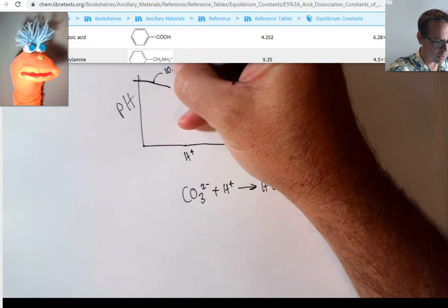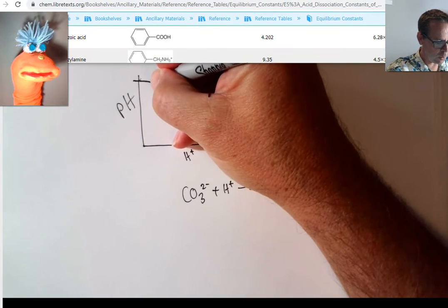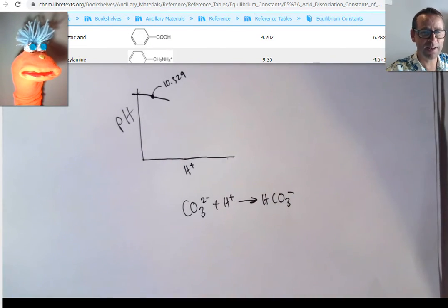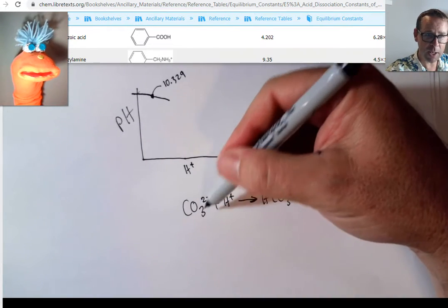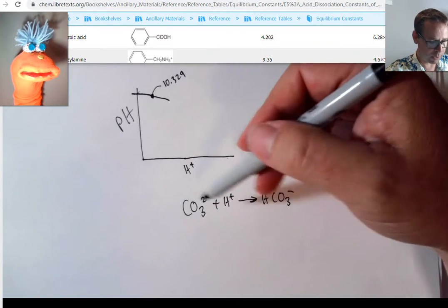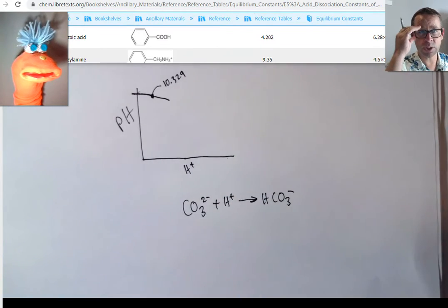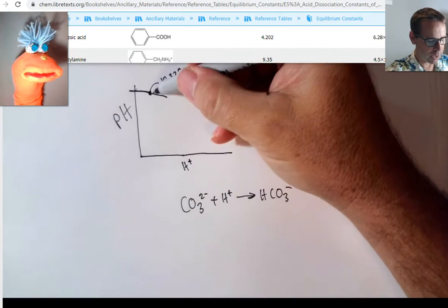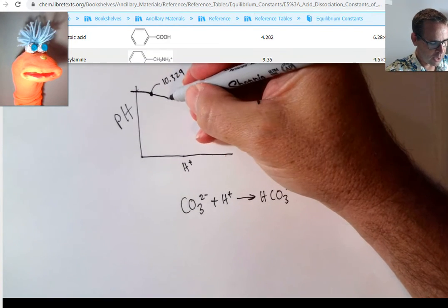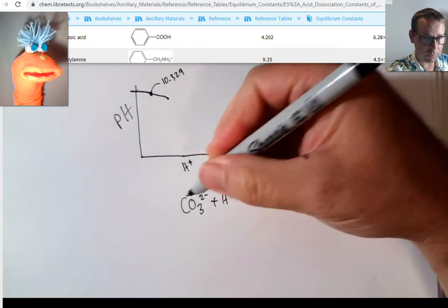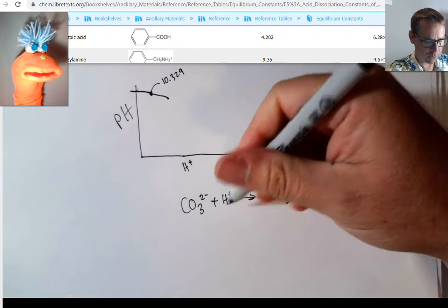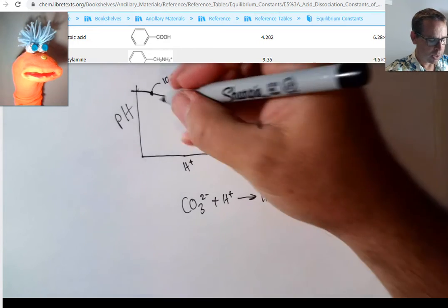So right here we'll be at 10.329, and when we get to that point, that will be a sign that we are halfway done consuming all of our CO3 2 minus, or halfway done converting it all to HCO3 minus. All right? And if that's halfway, then when we get to the point where we convert all of our CO3 2 minus to HCO3 minus, then